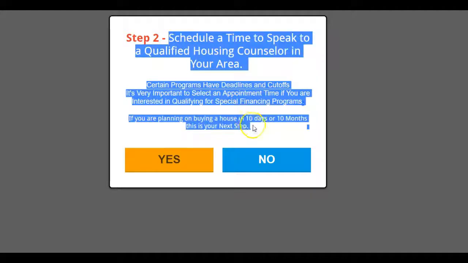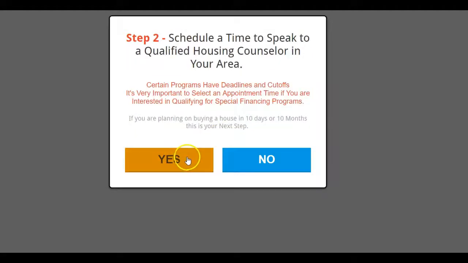We can custom tailor this message to whatever we want, but if they click on this, it's going to take them to a calendar page. If they click over here, we can send them wherever we want with that. Recently, I've been testing out some messenger follow-up, so been sending people to a messenger follow-up, kind of like a bot follow-up series. But for the purpose of this, let's just say they click on the yes, they want to go over and